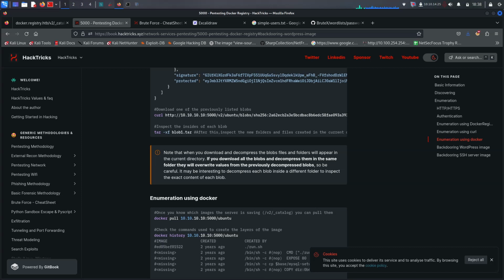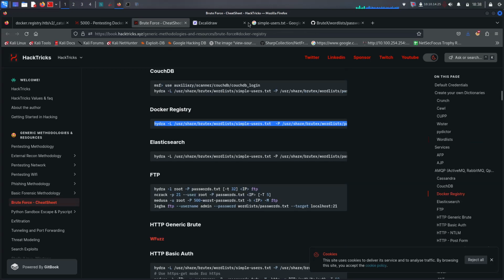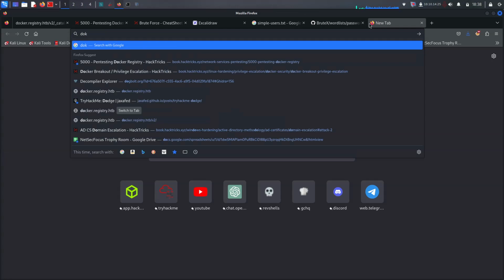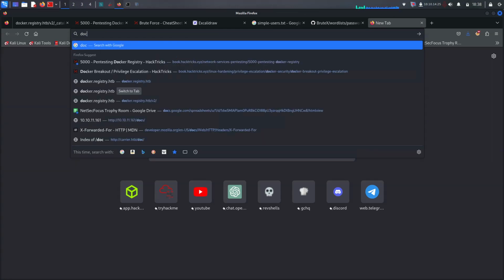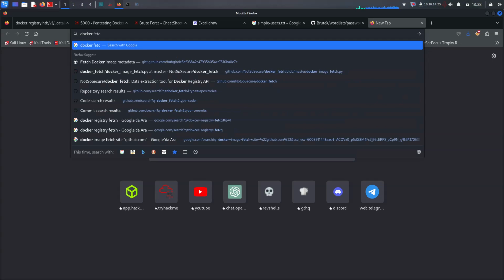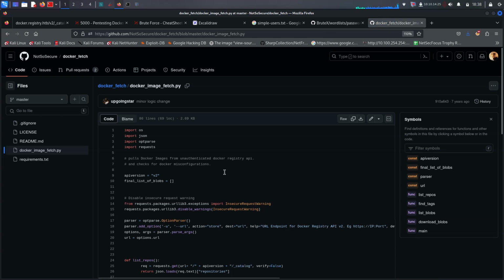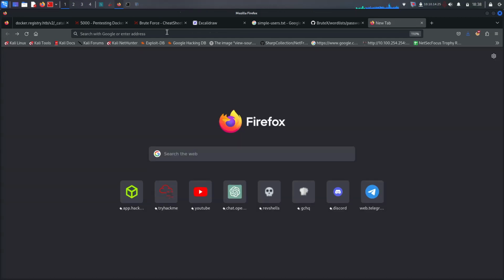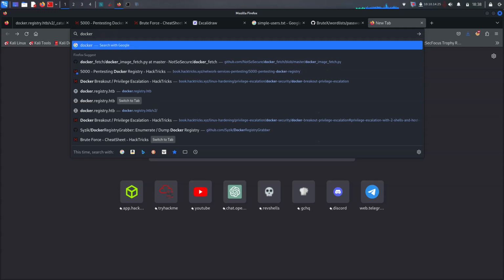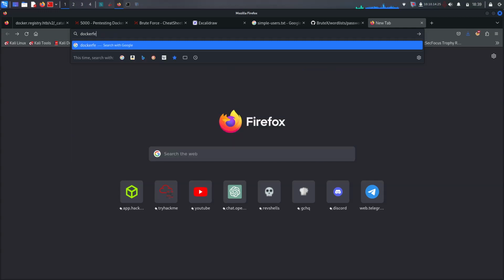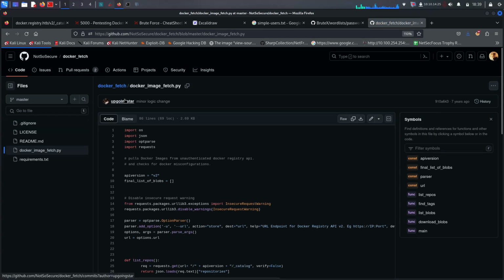Can we use Docker fetch here to download all blobs? So let me search for that, Docker fetch, and is that the one I was actually using before? I'm not sure. I don't think so. Docker fetch. It could be. Okay. Is it cool with this one? Maybe. Okay, let me go for